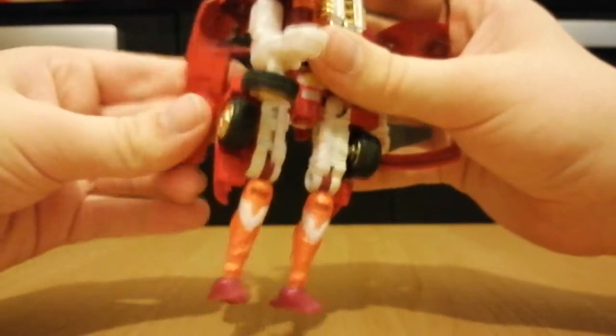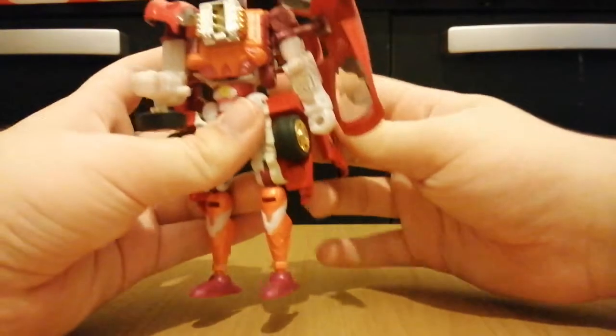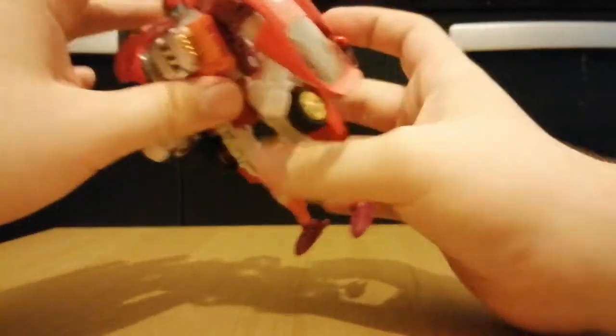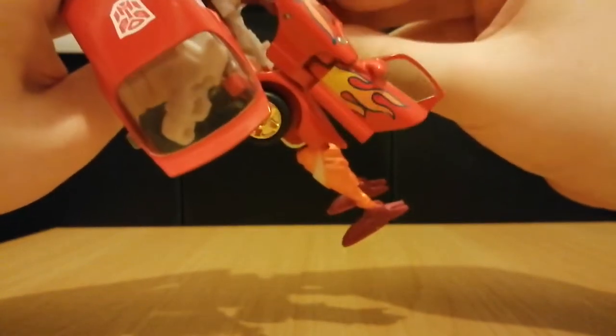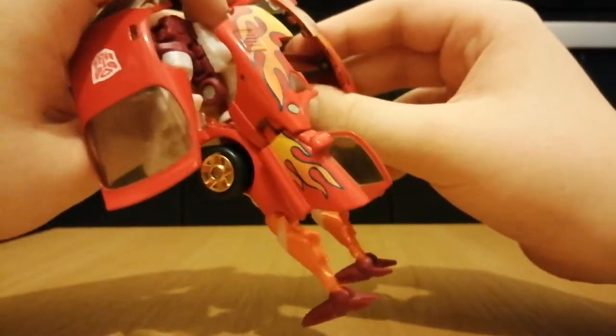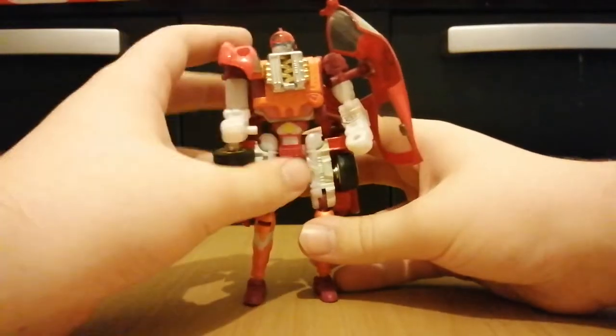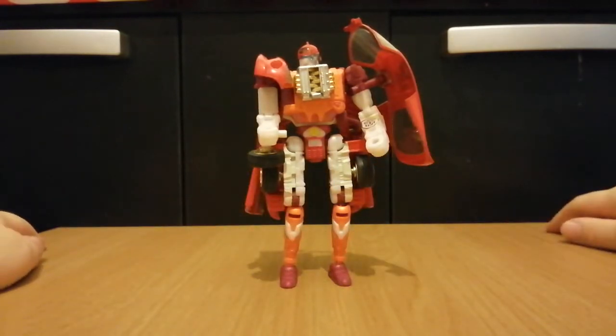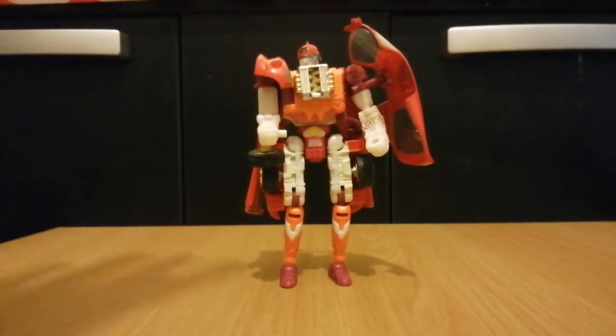Yeah, this is a pretty messy transformation. And that's not my fault, that's Hasbro's fault, because this is, as I said, meant to be a shell former. And finally, these bits, well, they just go on the back. They can be as high as you want them, but I'm just going to lay them there. And well, that's pretty much the robot modes. Yep. That was tricky, but not that hard. As I said, I've had way harder figures to transform before, so...